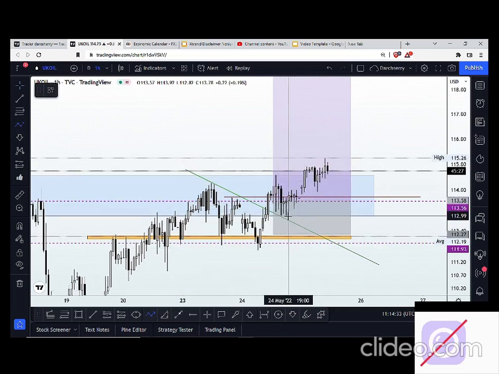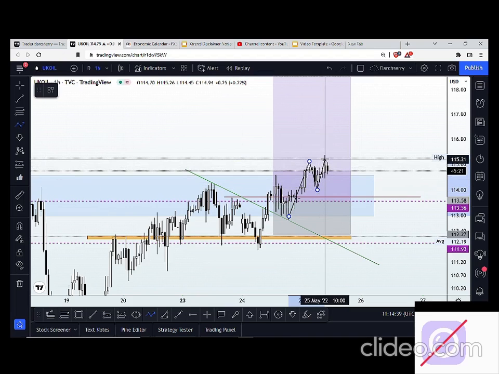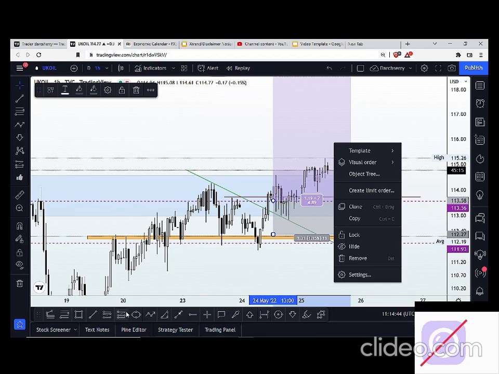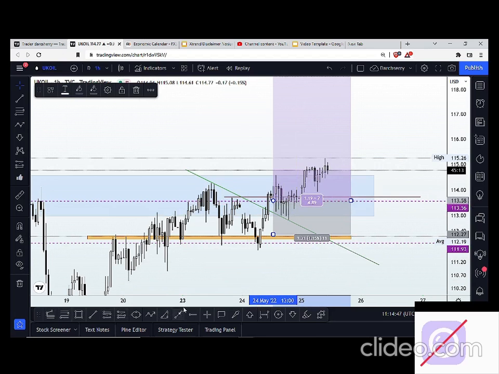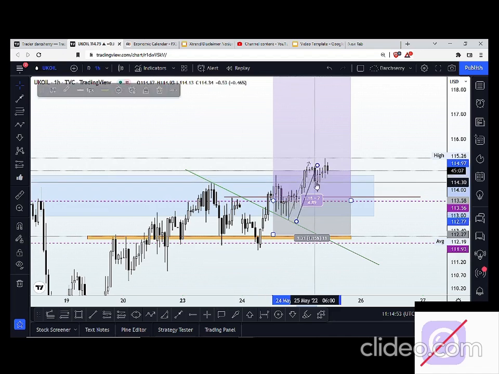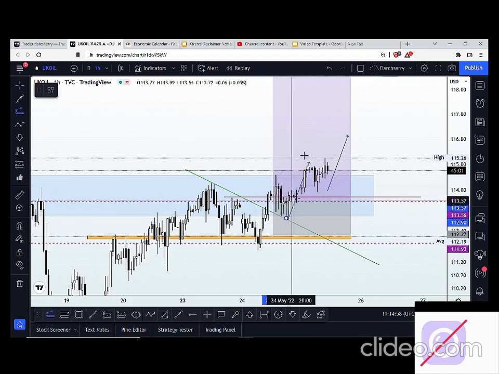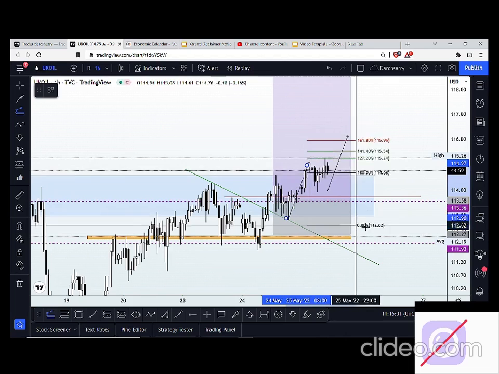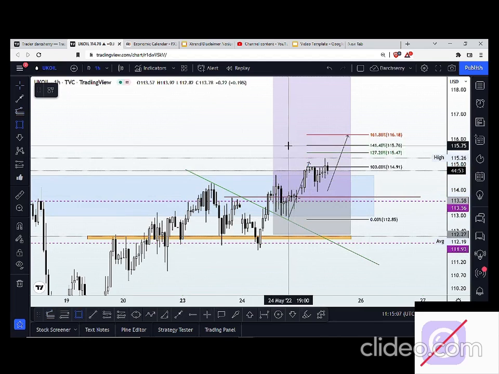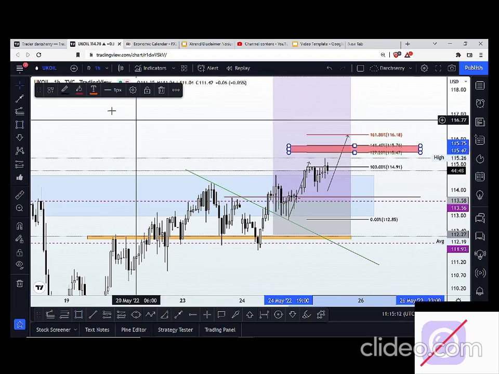So we see this move up. We saw a retest of this area, and then we are seeing this move going to the upside. So if we see an extension of this move, allow me to use my Fibonacci extension tool to be more precise. So this is what we have here. If we see an extension into this 141.4% area,